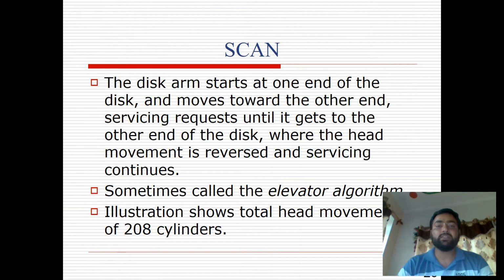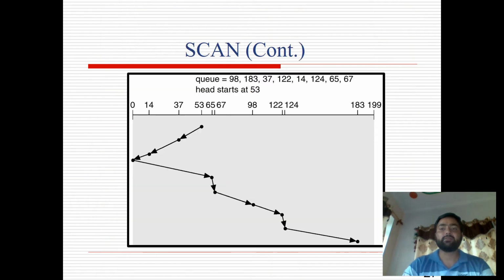So in this, the disk arm starts at one end of the disk and moves towards the other end, servicing requests until it gets to the other end of the disk, where the head movement is reversed and servicing continues. It is sometimes called the elevator algorithm. Let's move to the example. So in the SCAN algorithm,